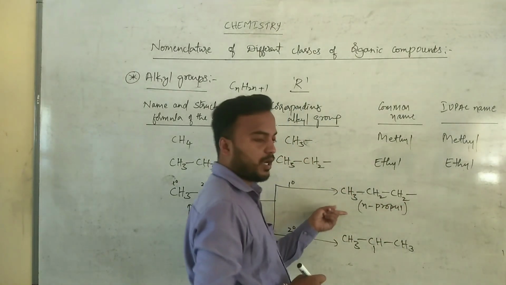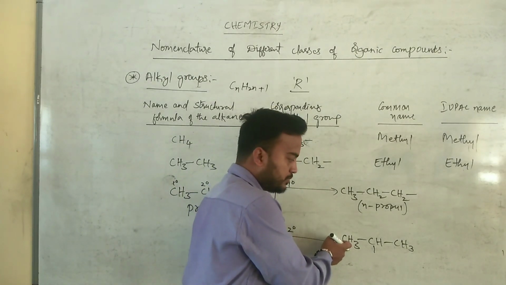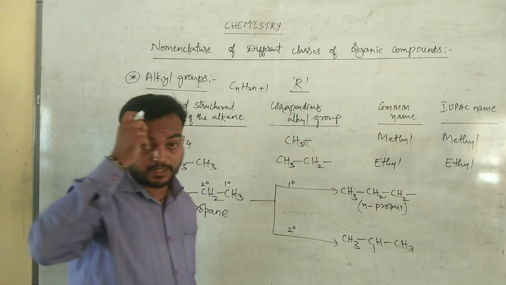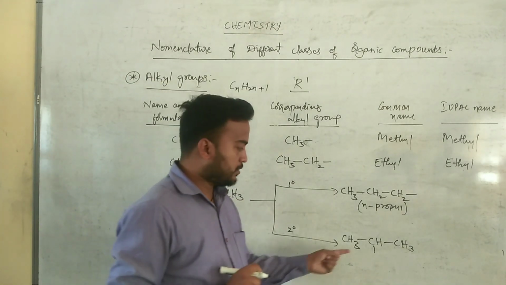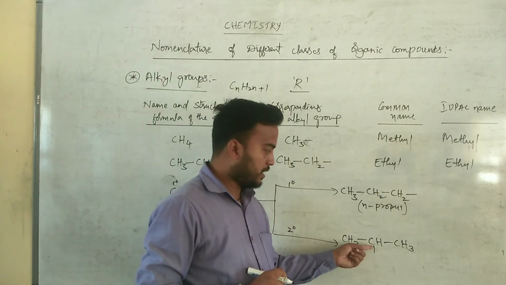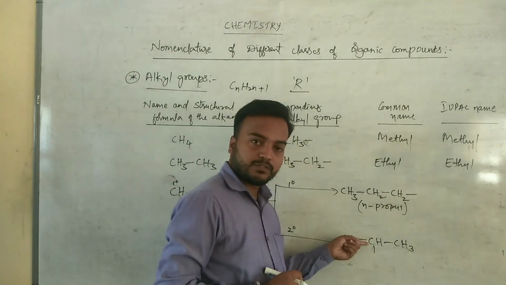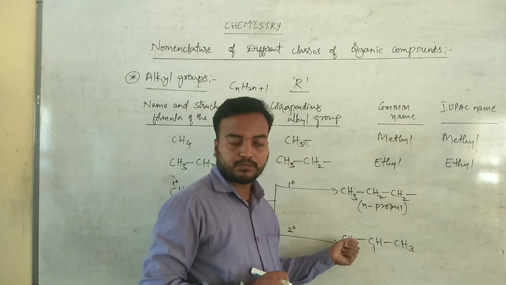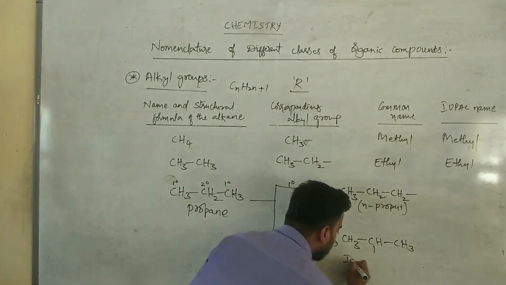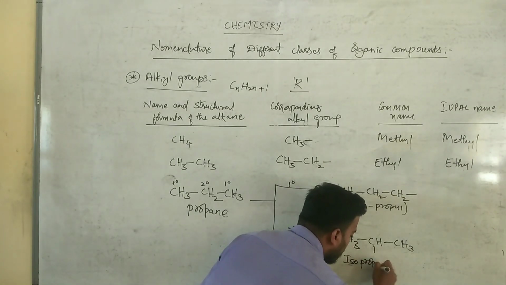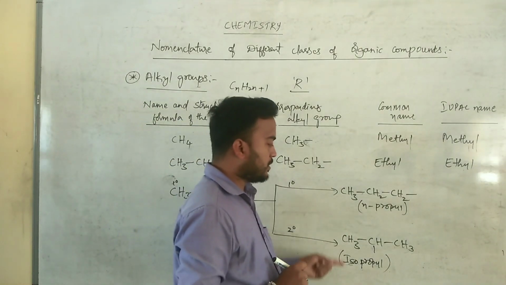So this is the common name for this alkyl group. And what is the common name for this alkyl group? In this class of alkyl halides, we have to use prefixes. In some cases we have to use the prefixes iso and neo. In the case of a branched chain alkane, the second carbon atom which carries one methyl group is nothing but iso. We have to use the prefix iso here: isopropyl. Now we have to write the IUPAC name for this one and this one.